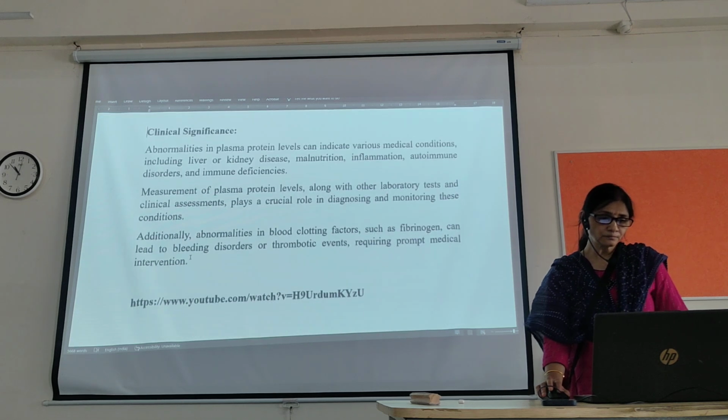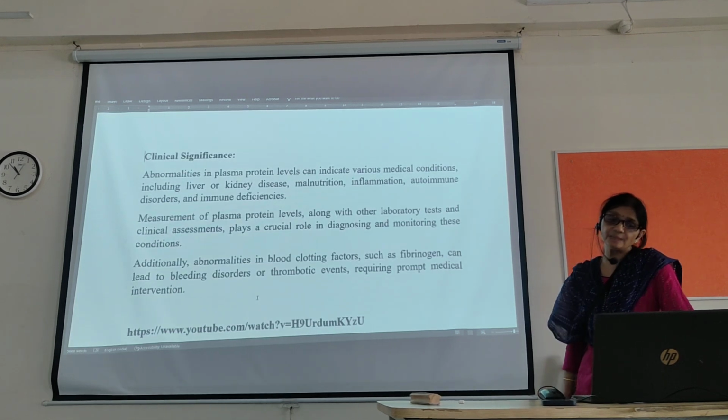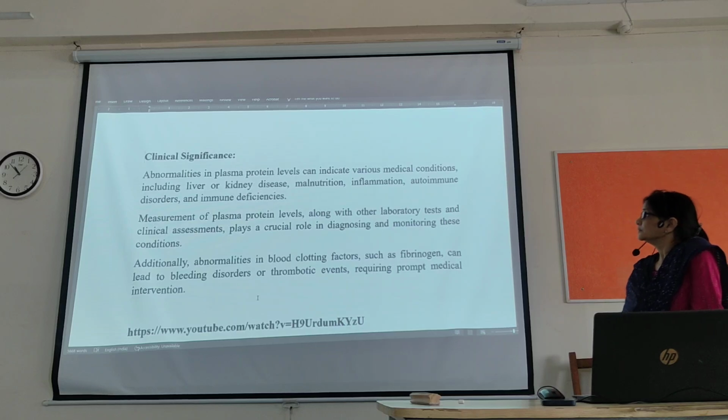Clinically, abnormalities in plasma protein levels can indicate